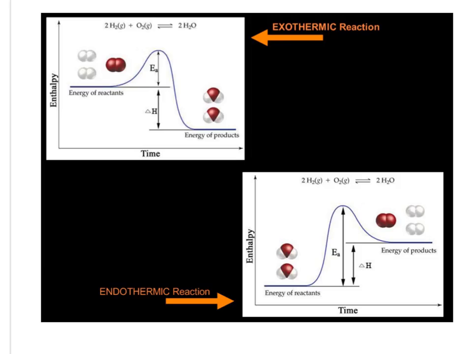All right, you need to draw these graphs. This first graph is an exothermic reaction. If you look at where the energy of the reactants start compared to where the energy of the products end up, do you see how there's less energy? That means we've released energy. So all exothermic reactions are going to release energy. And you form bonds when you release energy. So anytime you form bonds,